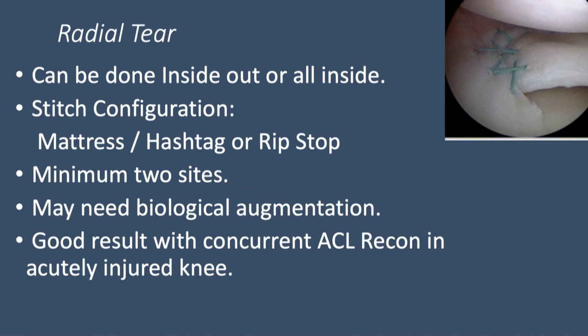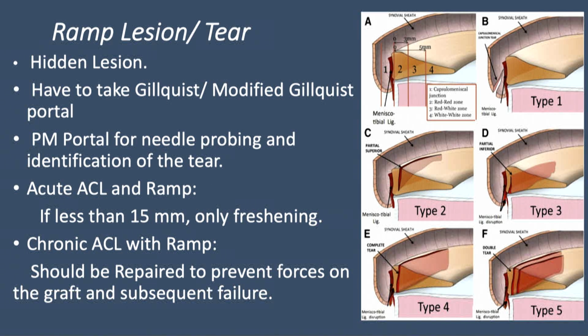I'll just go to this radial tear. As we earlier discussed, it is challenging, and there are different configurations for the repair, hashtag or rip stop and mattress, double mattress suture. Ramp lesions are the lesions which have earlier been described by the colleague, and